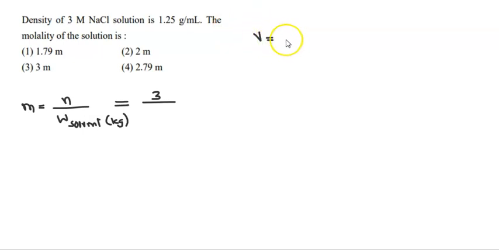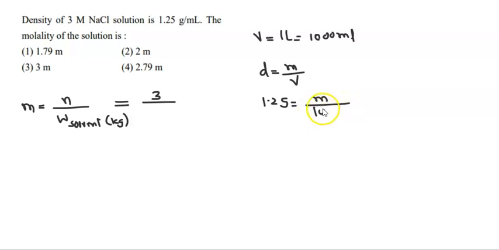So volume of the solution is 1 liter, that is equal to 1000 ml. So density of the solution is 1.25. Density is equal to mass of the solution by volume of the solution. 1.25 is equal to mass by volume of the solution, 1000. Then mass of the solution is equal to